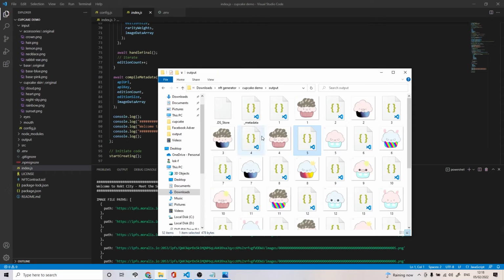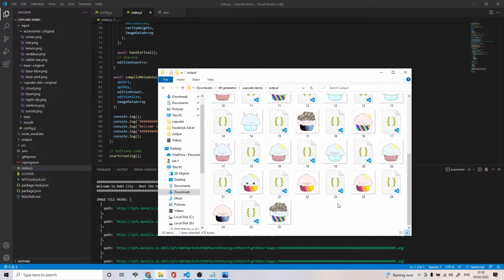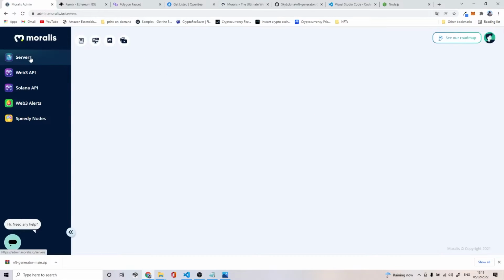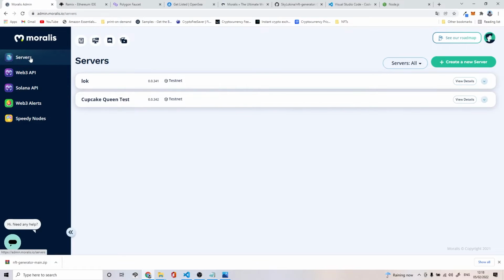Welcome back to part 3 of this tutorial. After you generate the NFTs, I'm gonna show you how you can set up a contract and start selling on OpenSea. We need to go back to Moralis server, and in your Moralis server, you need to click the dashboard,